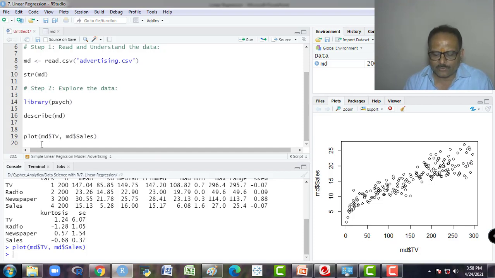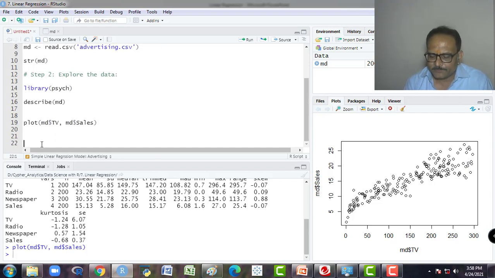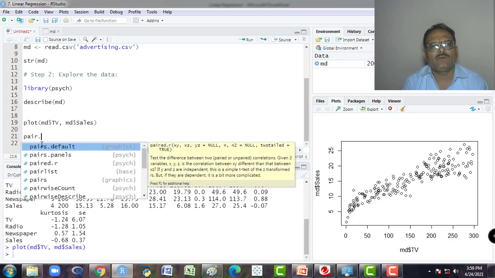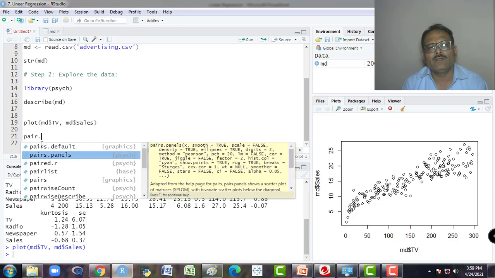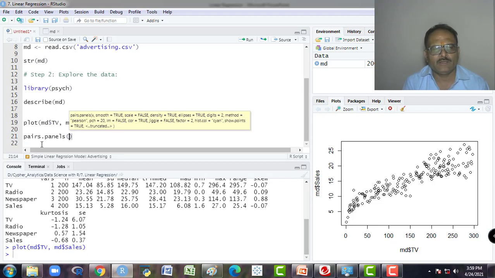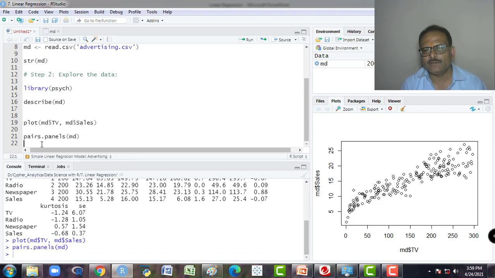Similarly, we could see the plots with other independent variables like radio and newspaper. So I would prefer to make pair plots for this. I am using the pairs.panels syntax here, pairs.panels, which is a function of the psych library. Describe is also a function of the psych library, and here I am just writing down the dataset name, and I run this.